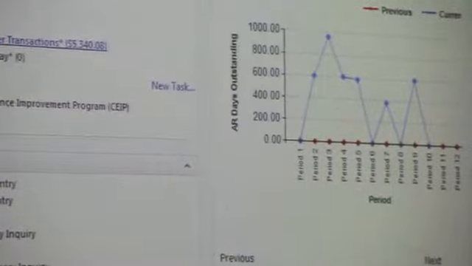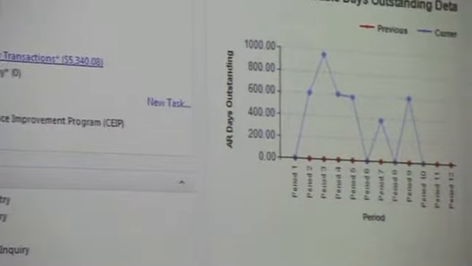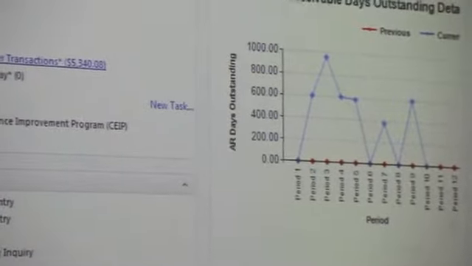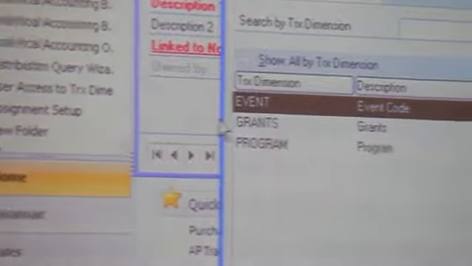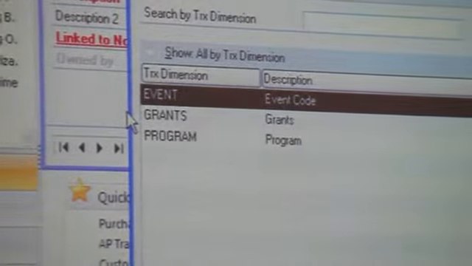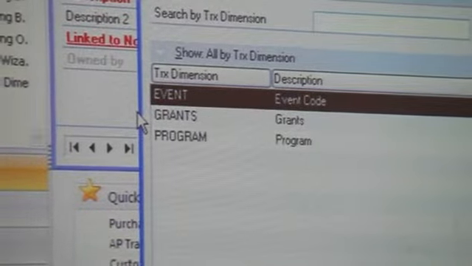Now, on top of the account number, GP also has something called analytical accounting, and analytical accounting allows you to add extra dimensions within the system. So you'll see here that I can add dimensions like events. I'm tracking grants and programs here. We can also track